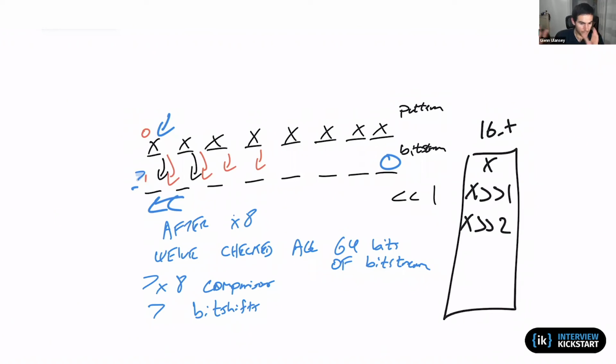Once again, of our bit stream, we don't know if that pattern is on a 0-bit offset or a 1-bit multiple or a 2-bit multiple or so on. So let's create a table that has our pattern at each of the possible offsets that it could be within our bit stream. And then what our loop looks like is we mask some portion of our bit stream, and then we can AND it against each entry in our table.